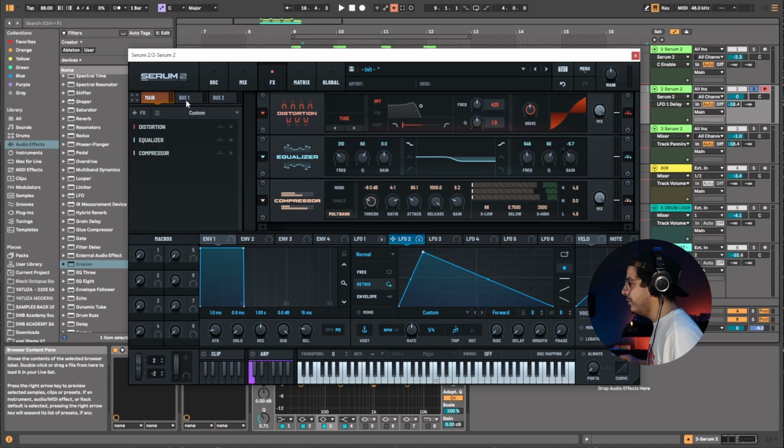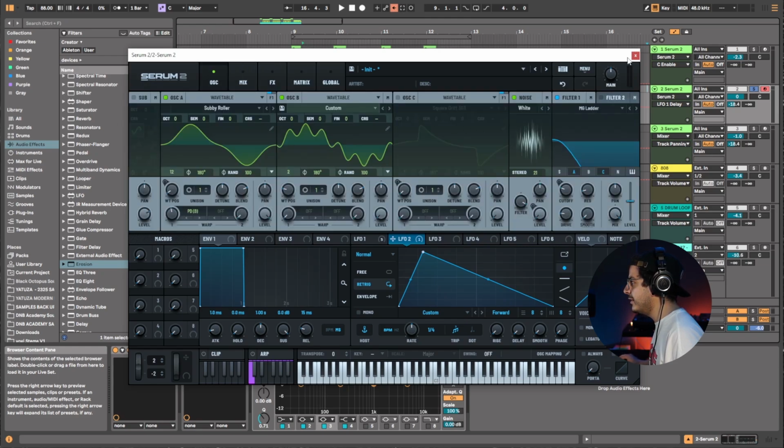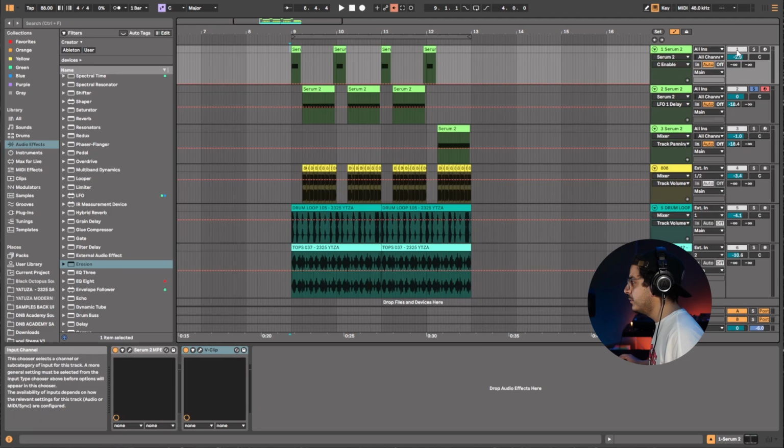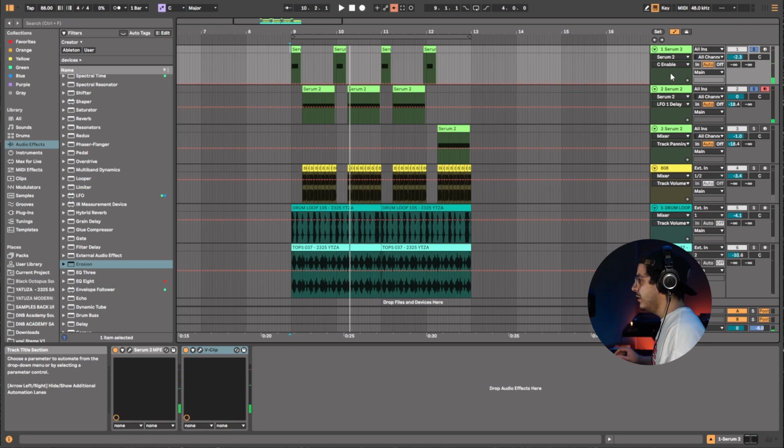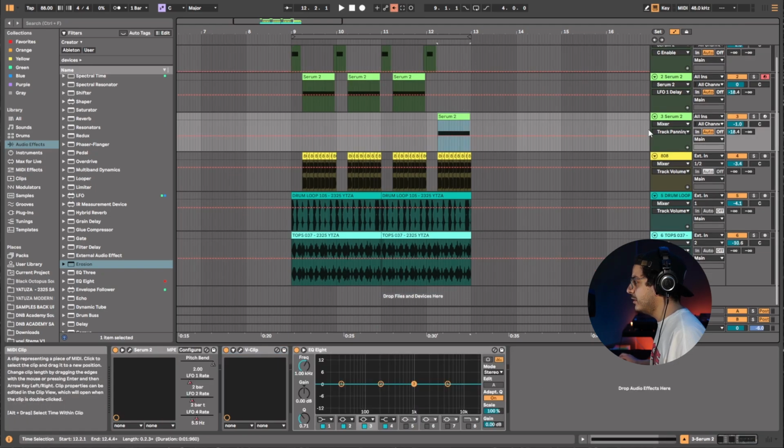And on the FX I just removed the distortion so it's not as intense as that main one shot. As you can see, the little texture on that high end of the one shot is a bit different from that first bass. And last but not least is this fill bass that I've created here,